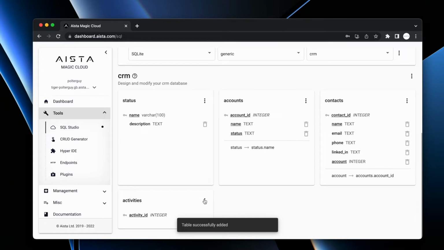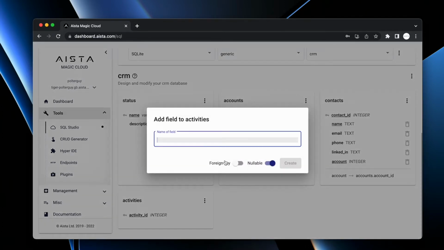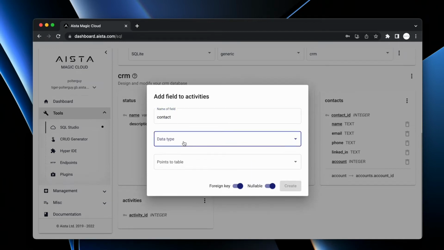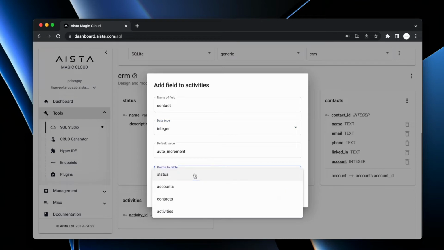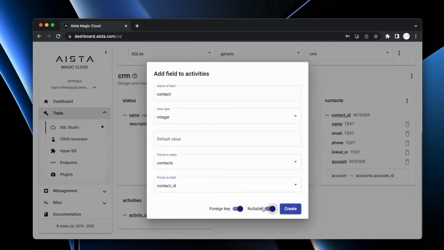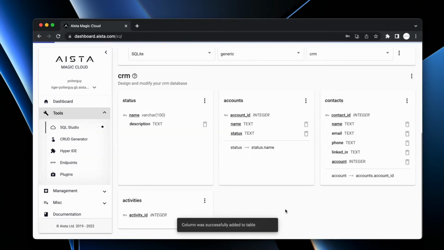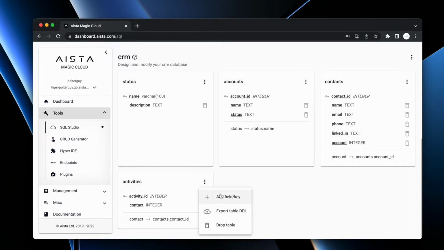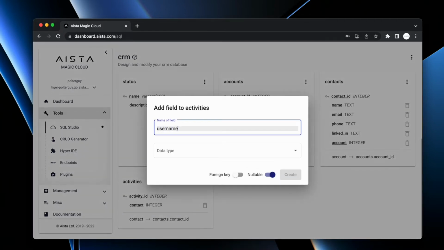And then we need an association from activities to contacts. So let's call this contacts, data type integer, let's remove the auto increment, points to table contacts, points to field contact ID, not nullable. So now every single activity is associated with a contact, and also every single activity should also be associated with a user. The way we would do this is actually to create a field called username, because this is in